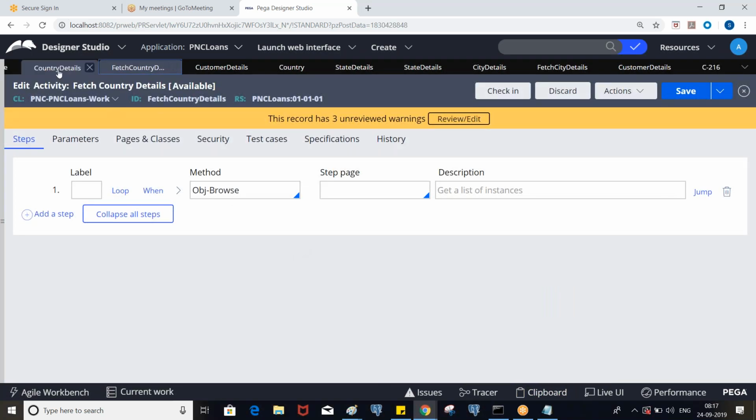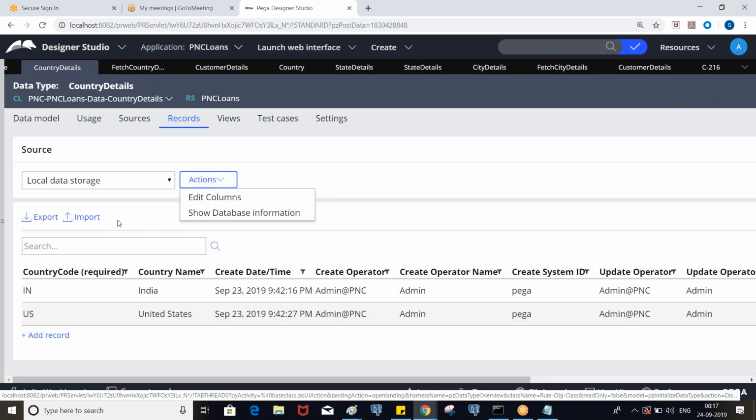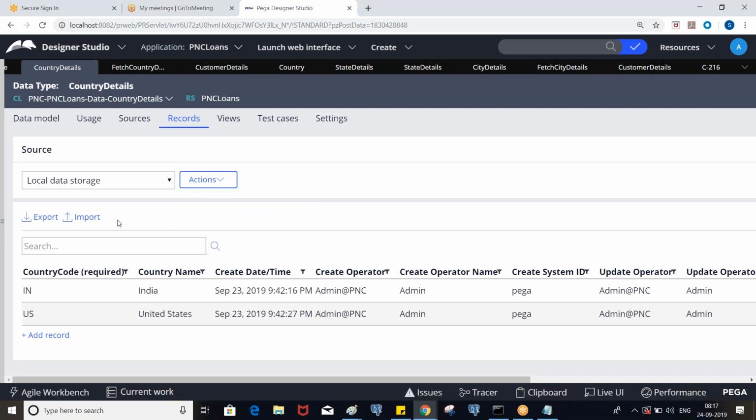Let's assume that in some classes we'll have a lot of records. We can put the data in a CSV file and import it. Generally, developers will not do this kind of data insertion.